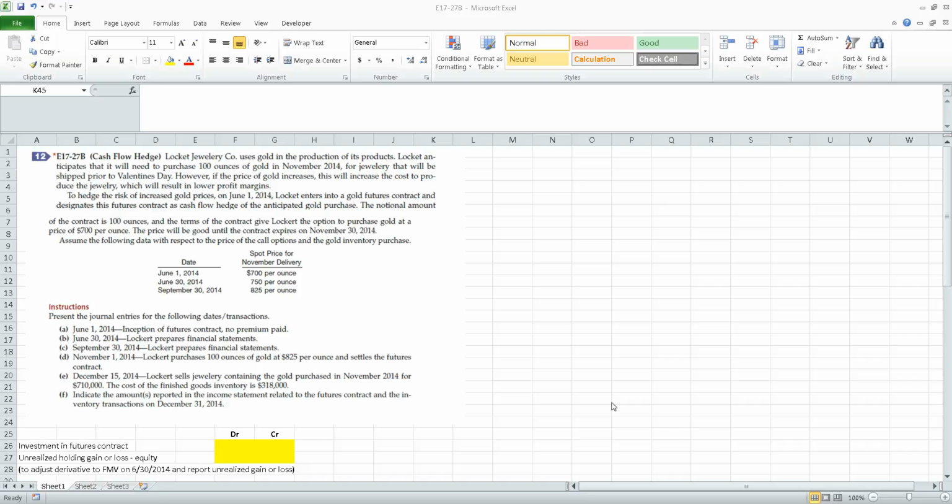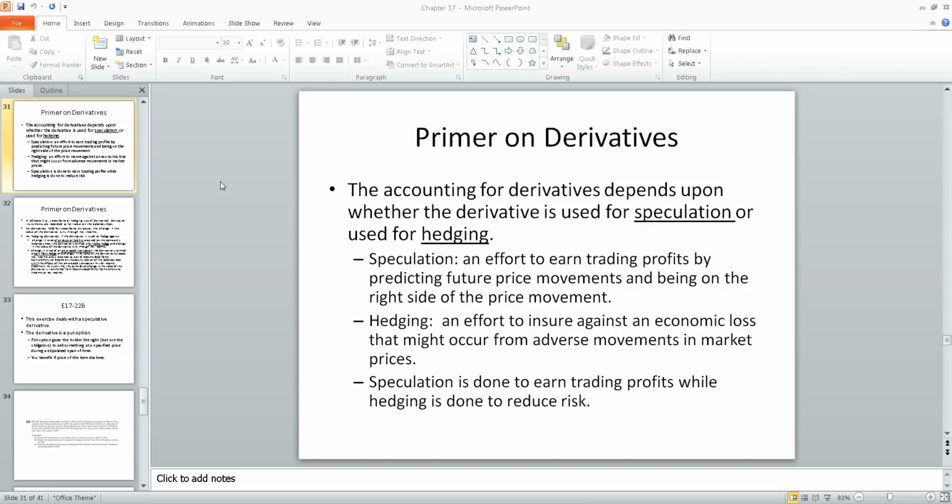We are about to discuss exercise 17-27B involving a cash flow hedge. But before we do, let's go back and review what we talked about in class on derivatives classified for hedging purposes. As we mentioned in class, the accounting for derivatives depends upon whether the derivative is used for speculation or